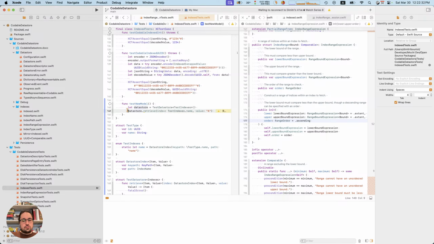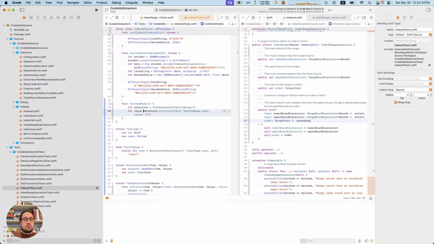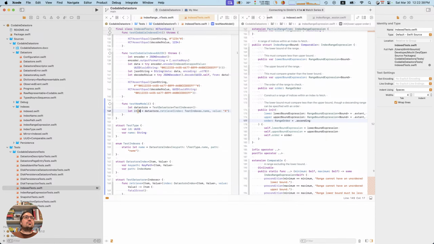And then let value equals, or let item is, okay, so this is semi-working. I don't want to type this. I want that to just be something you can say, hey, I want the name. So how can we do that?